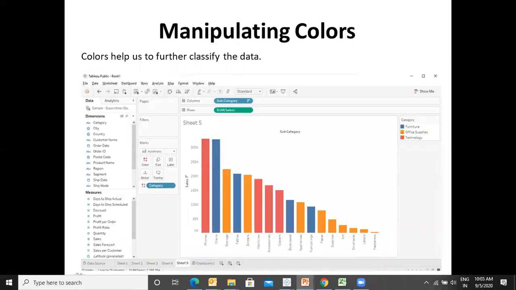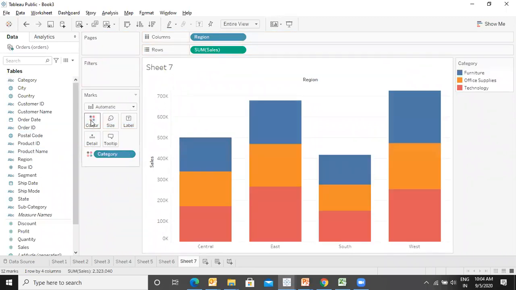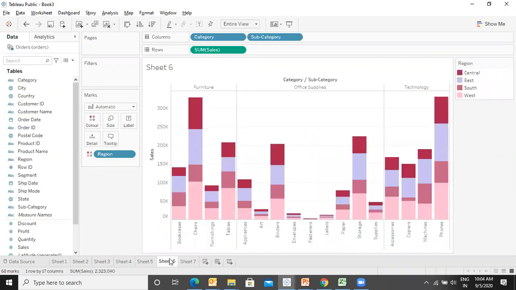Sir, I have a doubt here. Yes, please. As you said, we have to put only one column name in the color, right? And it will be applied to the whole data source, like all the sheets, correct? So if I have to put any other column in the color for another sheet, it is not possible, right? No, it is very much possible. For example, in this, let's put the category in the color. And here we are using region as a color. Okay. Whenever you see, the color has been allotted to the region.